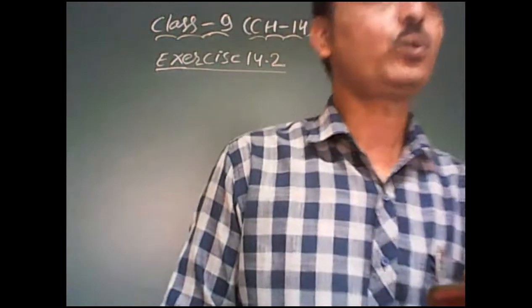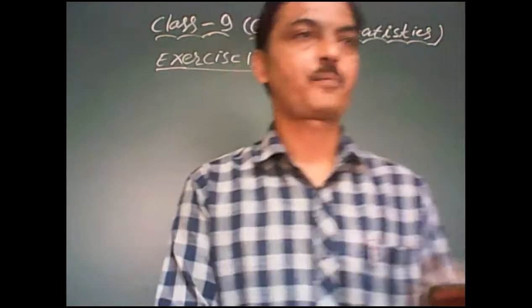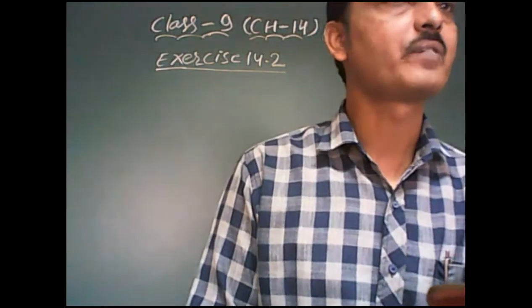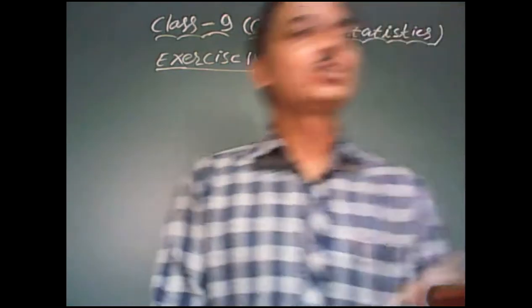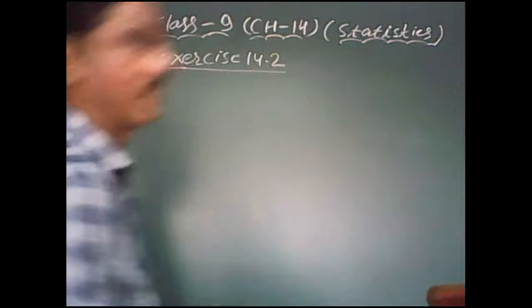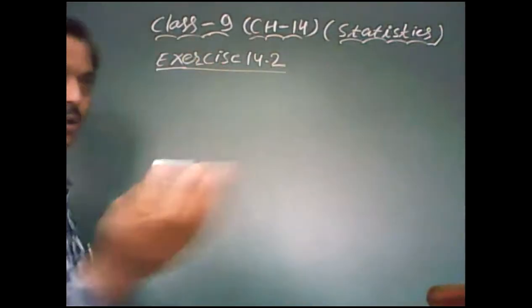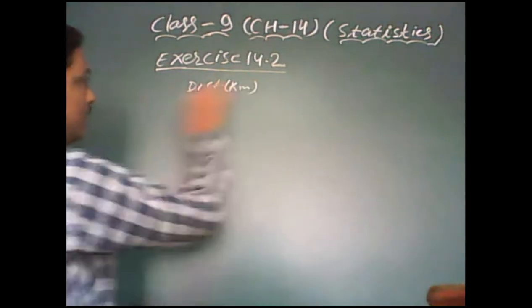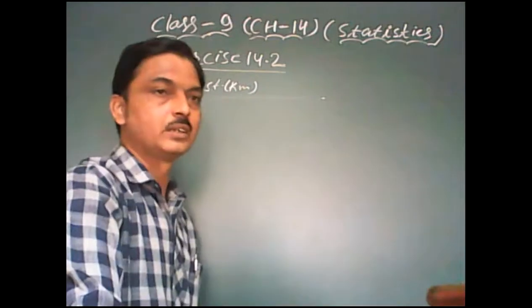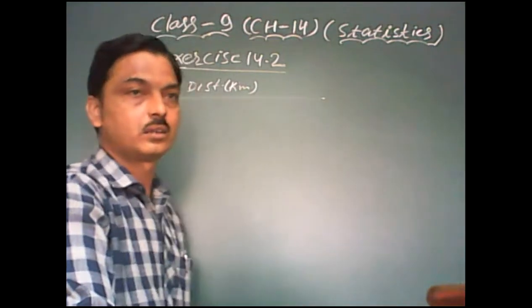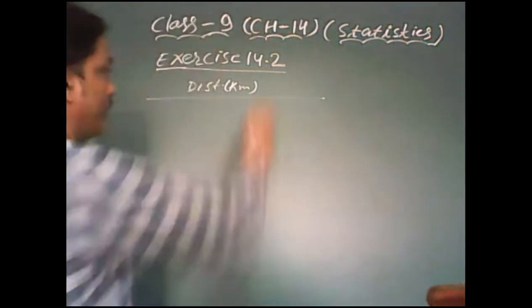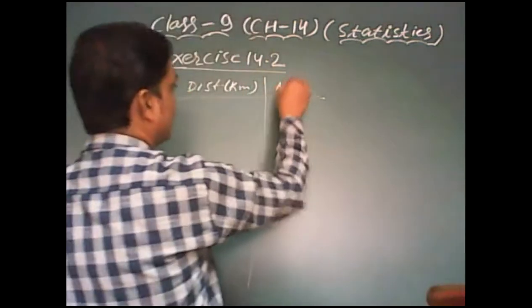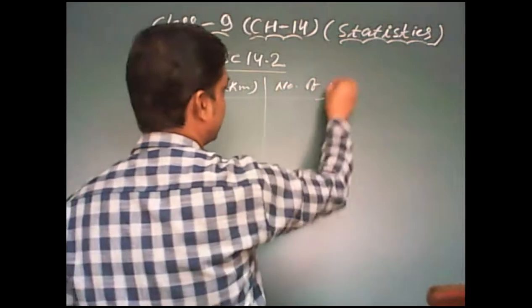So first we need to check the range of the data here. What is the minimum data value here? That is 2, I think. Yes, right. So first we take the class interval 0 to 5, right? Now look here. First is distance in kilometers. Then the second one is tally mark. You can use tally marks, or make a frequency table without them. And then the number of engineers.